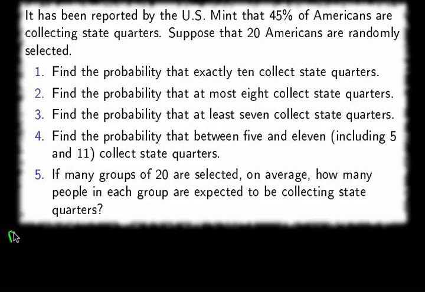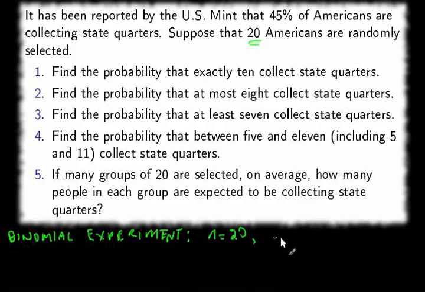can be thought of as a binomial experiment, because it can be imagined that this is done in trials. There are 20 of them because we're selecting 20 random Americans, so it's a binomial experiment with n equals 20, and the probability of success is 45%. So there's a 45% chance for each of these individuals to be collecting quarters. So success here means